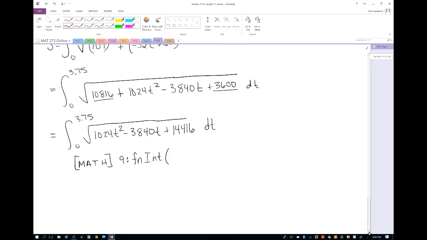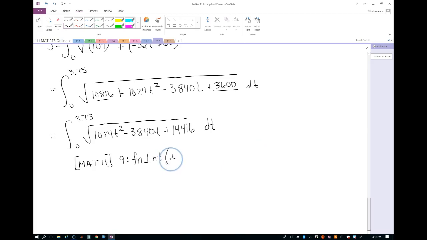If your calculator's fairly new, then it uses MathPrint, and it will actually pull up an integral symbol, and you can fill in all the blanks that you need. If your calculator's a little bit older, all it's going to do is open up a set of parentheses, and